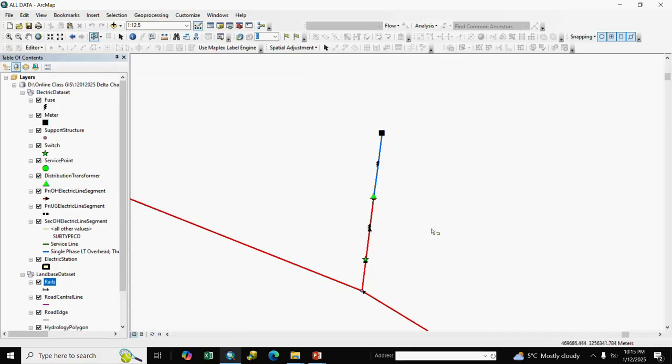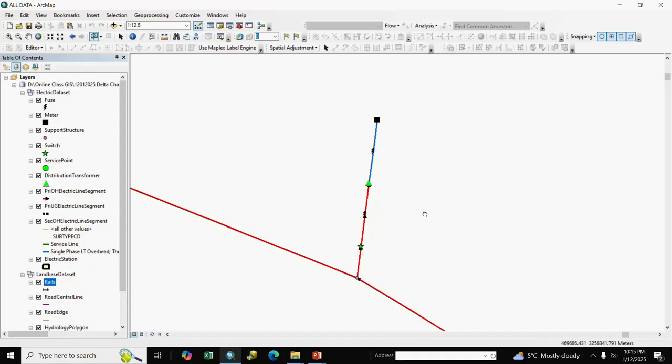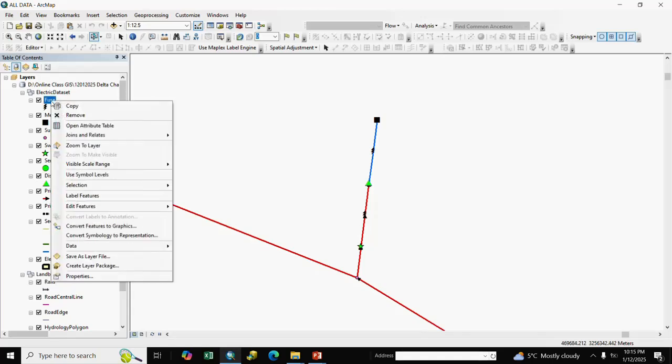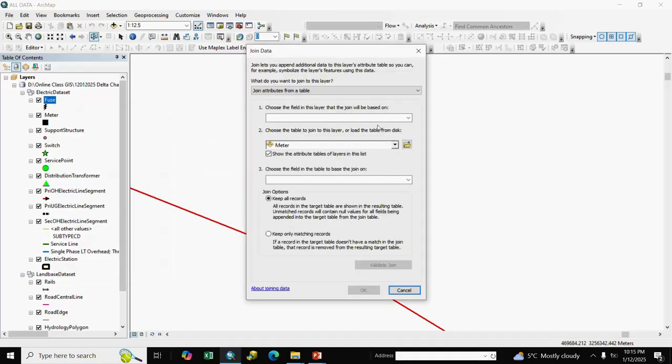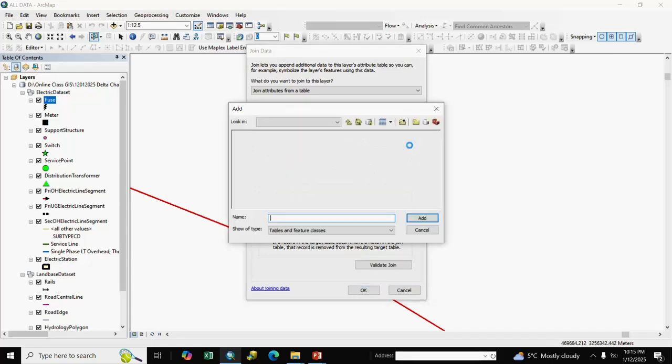Then we unselect it and join to all the layers. First we join fuse. We go to fuse, join, and select the GIS ID, fuse GIS ID, and select the Excel, the delete Excel. Our data is available here.